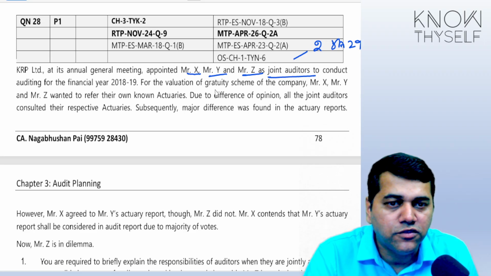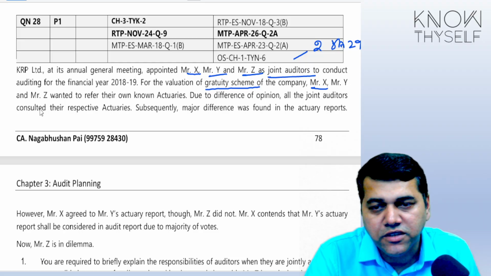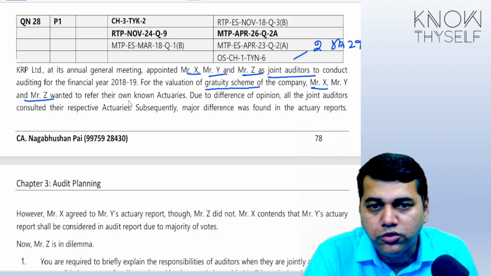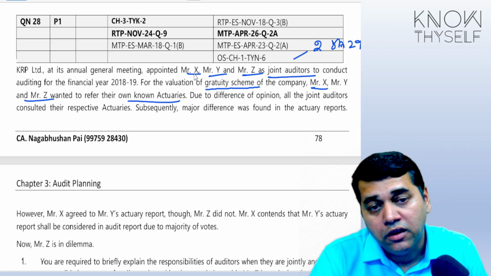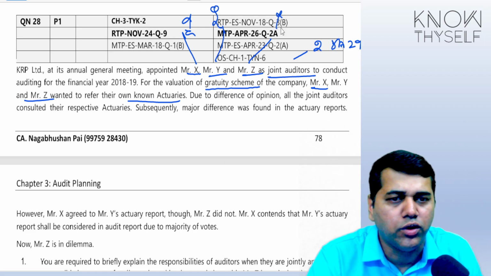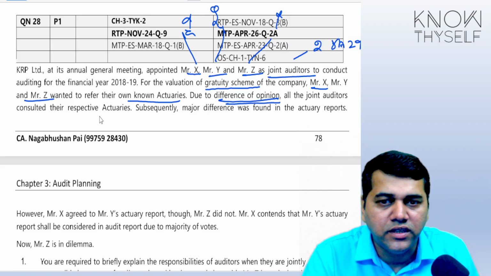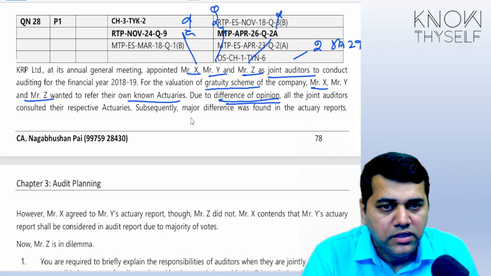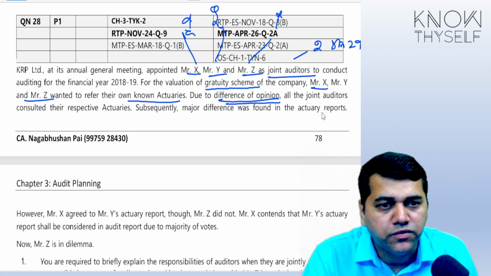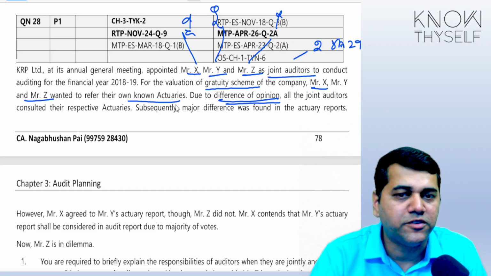For the evaluation of the gratuity scheme of the company, Mr. X, Mr. Y and Mr. Z wanted to refer to their own actuary. Oh, that means all the 3 wanted to speak to their actuary, maybe an internal office person or whoever. Now there is a difference of opinion that came. Now all the joint auditors consulted their respective actuaries. Subsequently, a major difference was found. Okay, now what happened? All of them consulted their respective actuaries